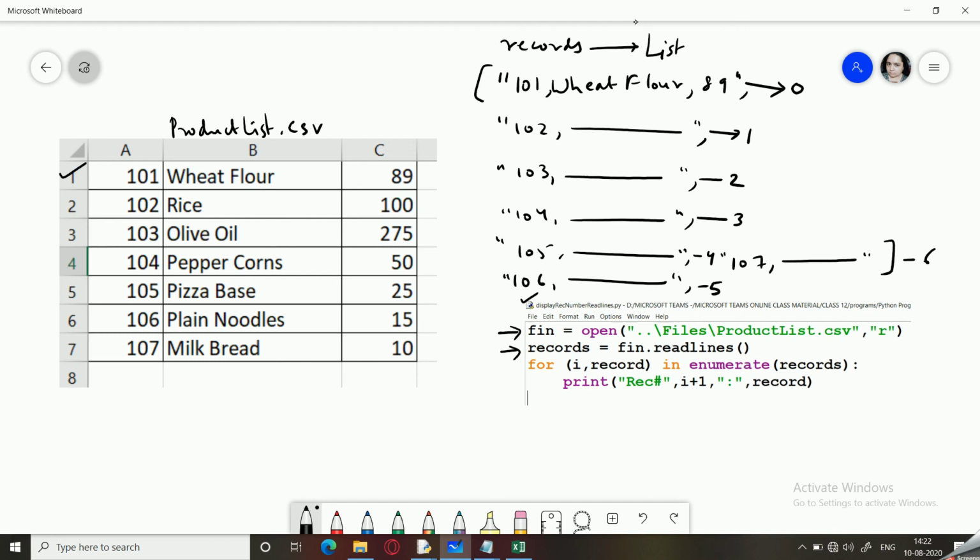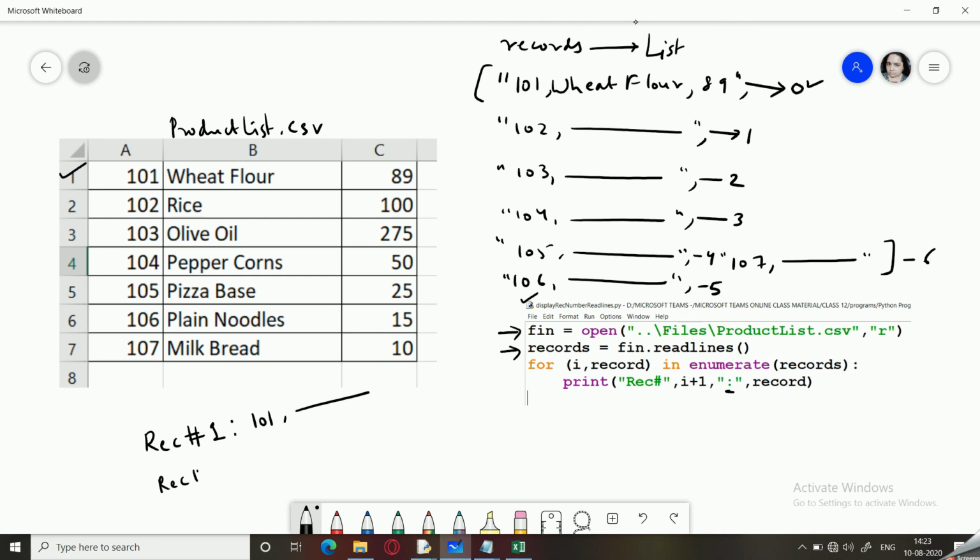Now what we need to do is for i, that is we start from the first one, print record number i plus 1, because i is 0, so i plus 1 will give us 1, followed by a colon over here, and the record will be printed.